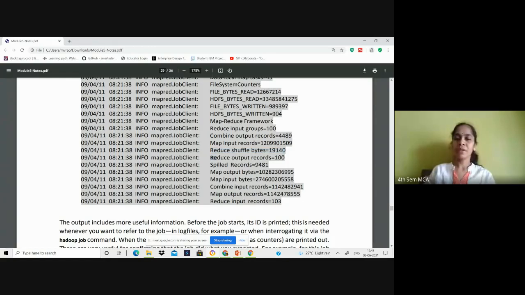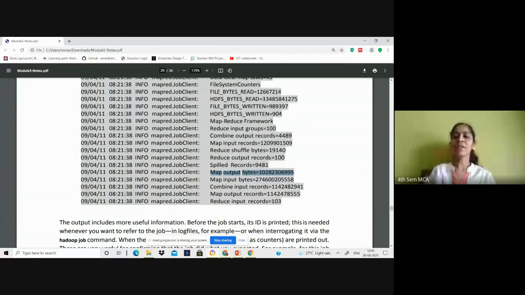Those details are given, reduce output records are given, spilled records are given. These spilled records are extra records that can't be accommodated on a map task and are transported onto the next map task. Map output bytes are given, map input bytes are given. They will not be given in order, but finally you will get all the details. Actually it should give map input bytes first, then map output bytes, but there is no such sorting.